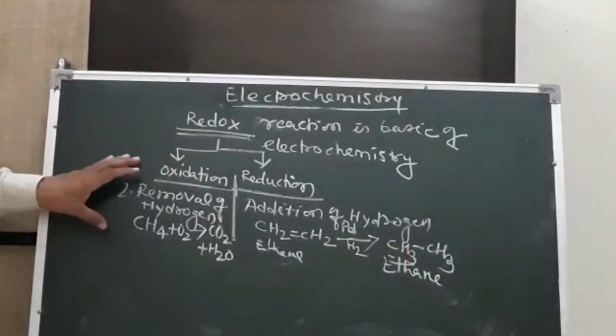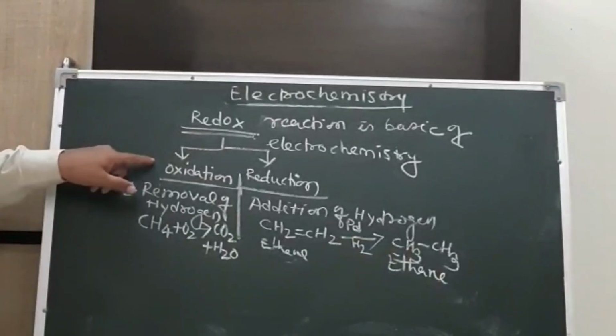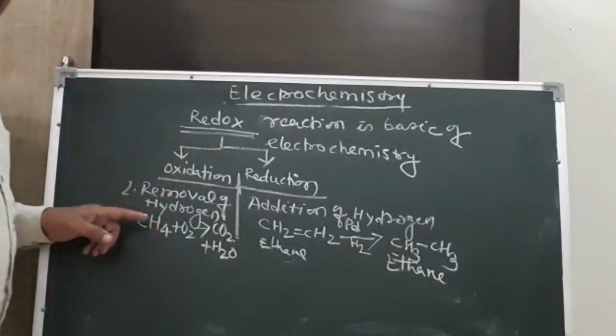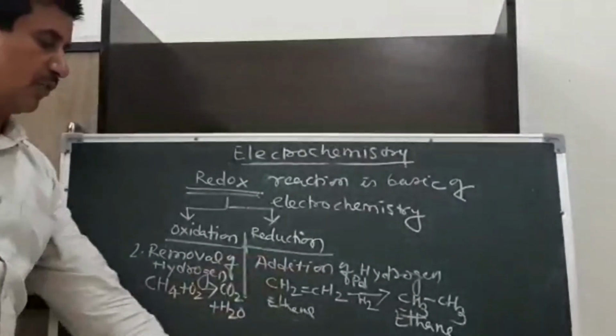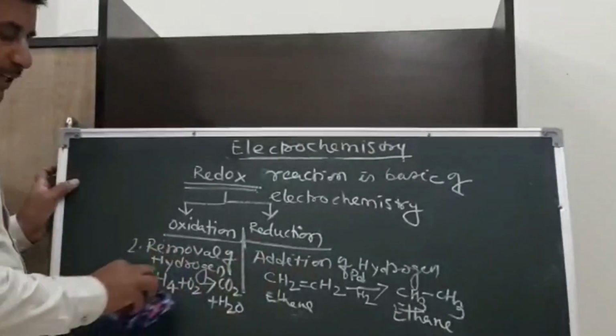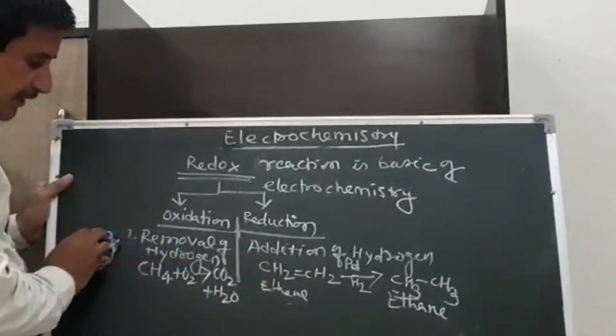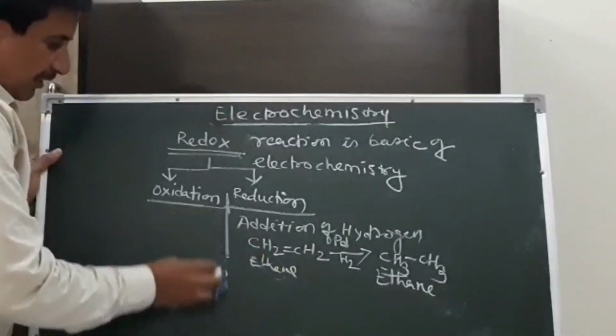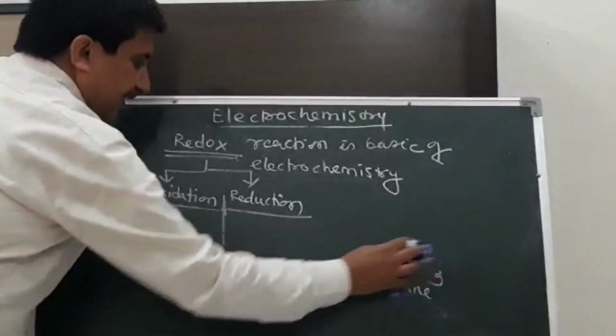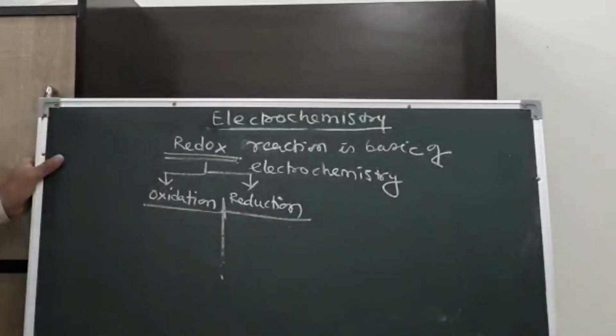So the second point from which oxidation and reduction can be explained is removal of hydrogen and addition of hydrogen, and the examples have already been taken here. Now the third point is